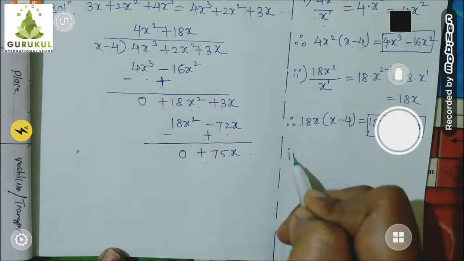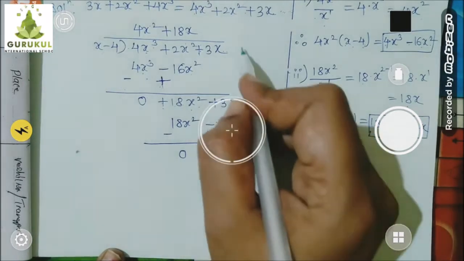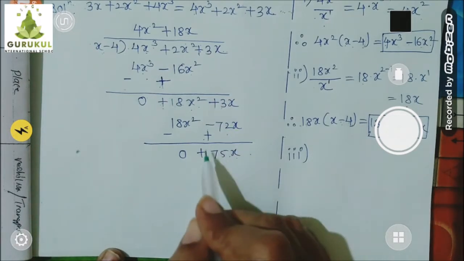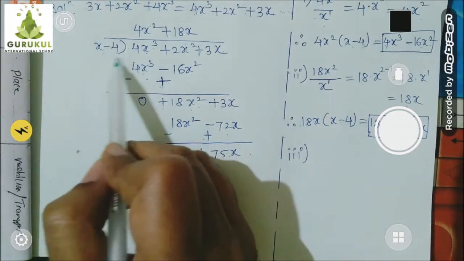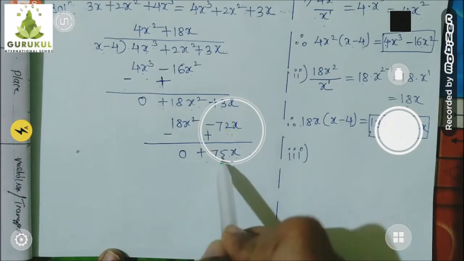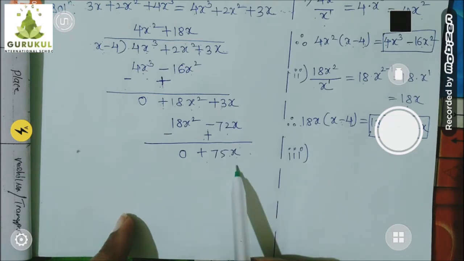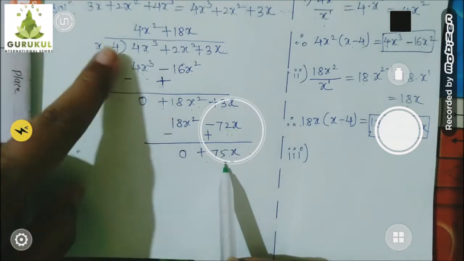Let's go for the third step. Now here only a single term is left. Am I right? There is no number to put down. But check the degree of this polynomial. What is the degree of this polynomial? 1. And here, what is the degree of this polynomial? 1. Both degrees are same. So you have to continue the division. You remember in the last video I explained, when the division stops: either the remainder is 0, then you can stop the division, or the degree of this remainder is less than the degree of the divisor.